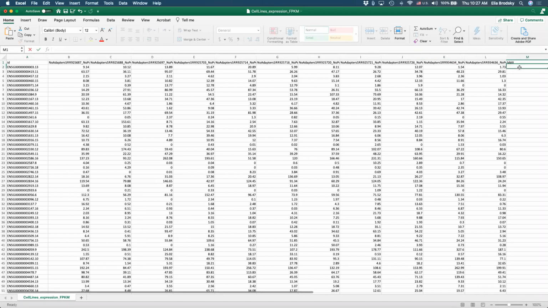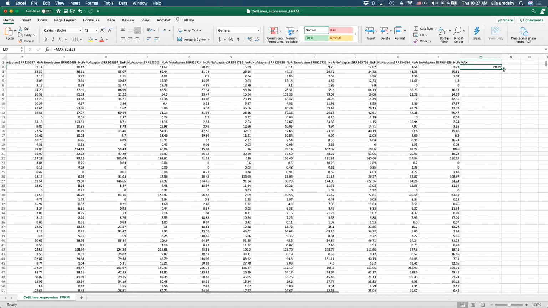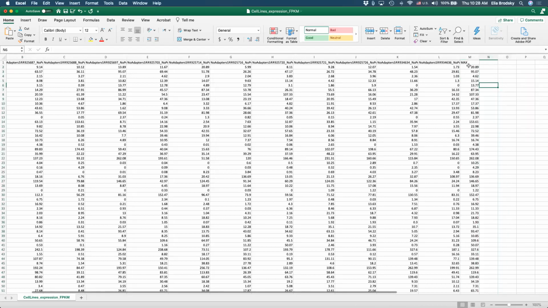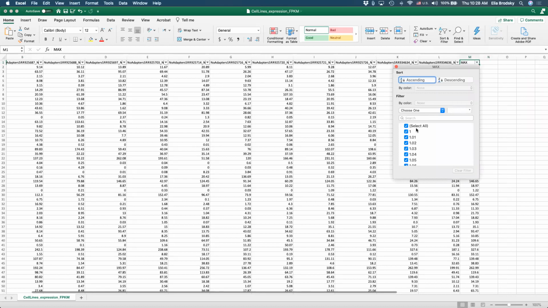How do we know that it's not going to be useful? We can create a column here, call it max, and calculate the maximum number from all of our samples. Here, for example, the maximum number is 20. Let me make it for all of my genes, and then I can make a filter. Let us look at some of the numbers that we have.